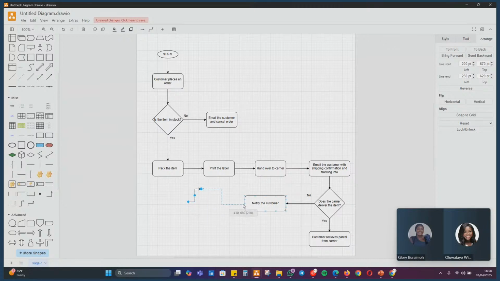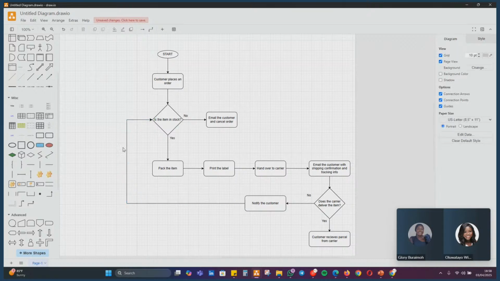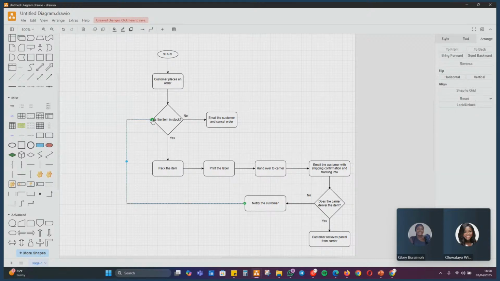to its item still in stock, because it depends on how you want to run your service. You don't want to just leave a customer hanging because you couldn't deliver it the first time. So you can bring it back. Either you want to put it here, its item still in stock, or you want to bring it back here,